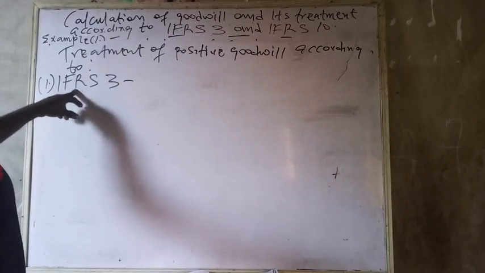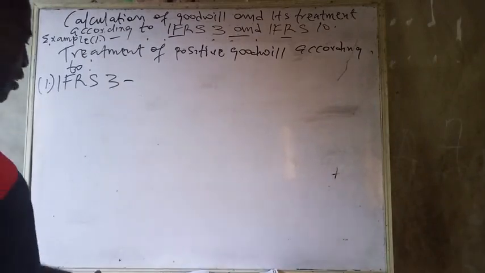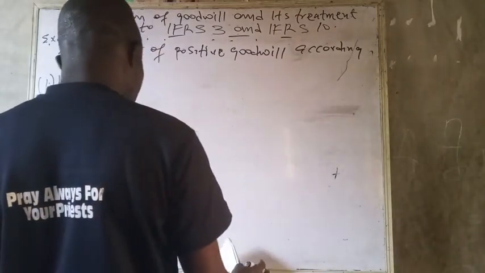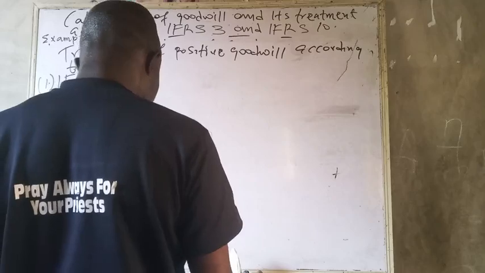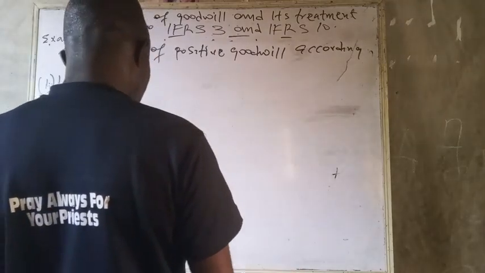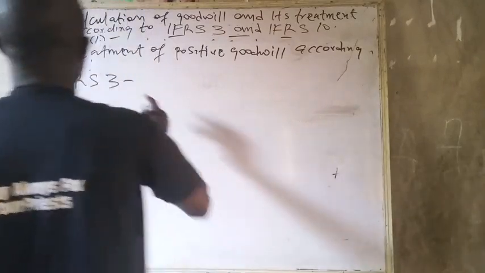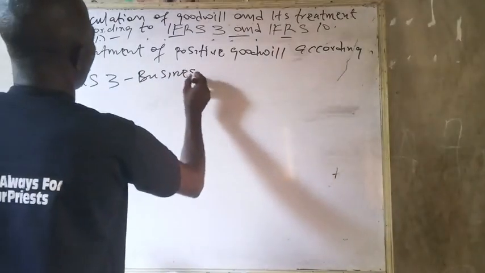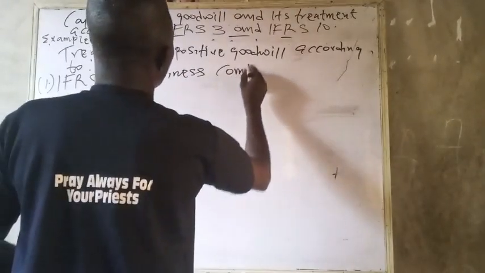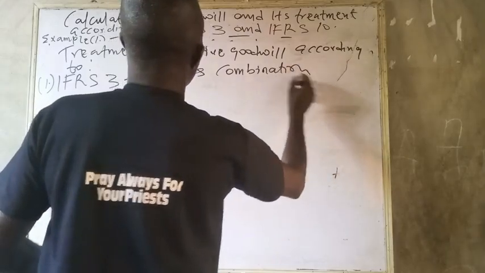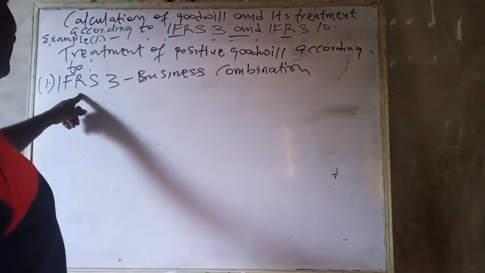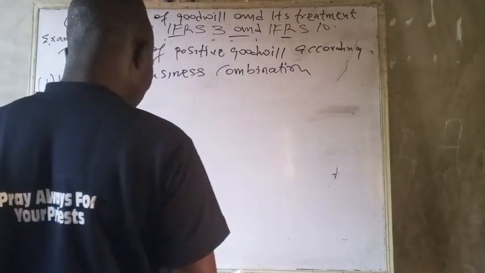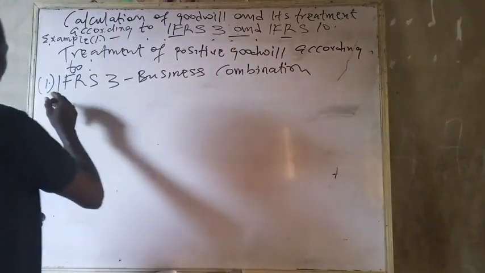International Financial Reporting Standard, IFRS 3. The heading of this IFRS 3 is business combination. According to IFRS 3 business combination, the calculated goodwill